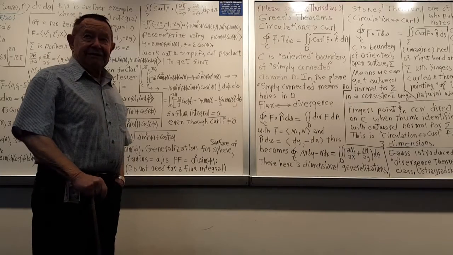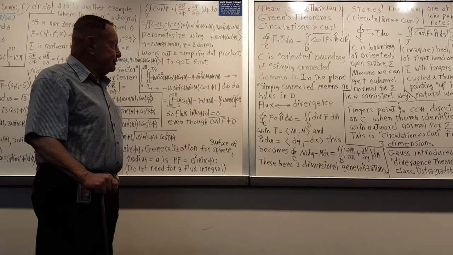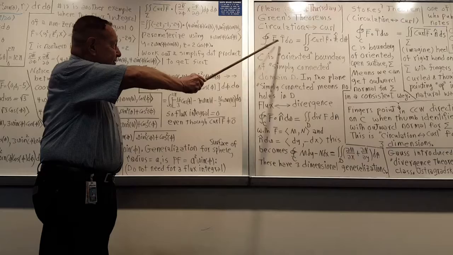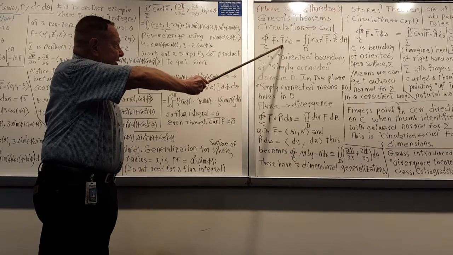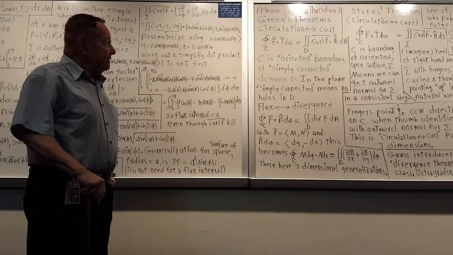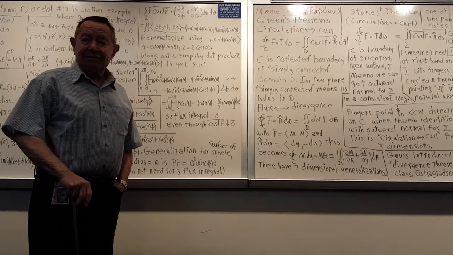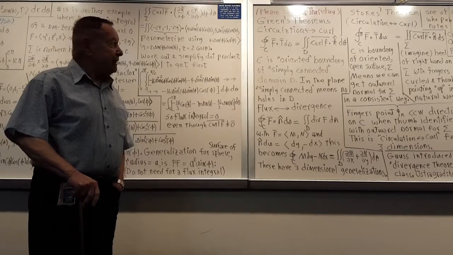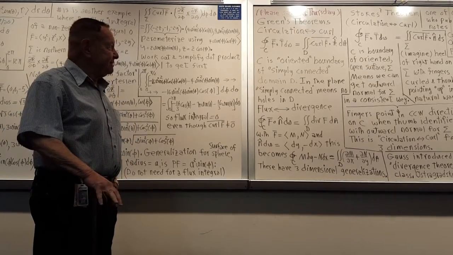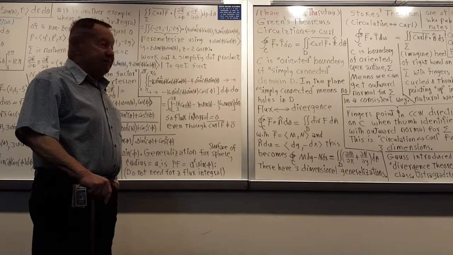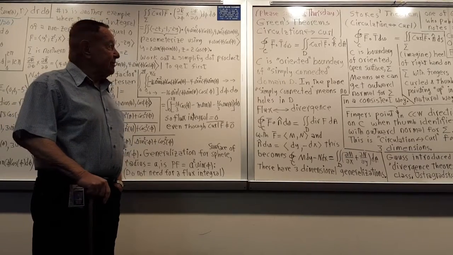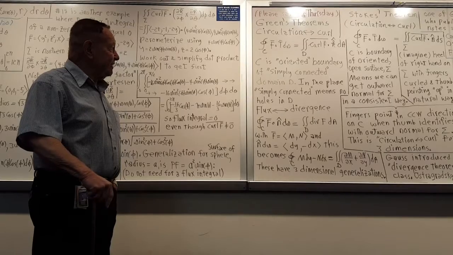So this is the line integral of the tangential component. You could also have written this F dot dr. And although the book doesn't say it this way in section 16.4, it's equal to the curl of the field,